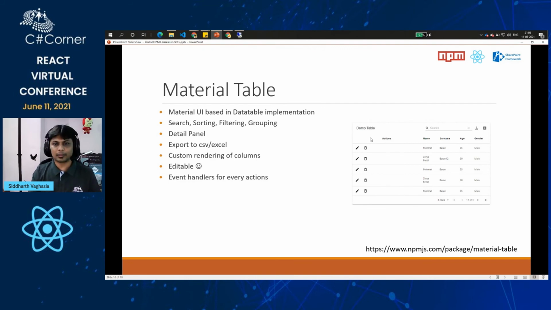So why do I choose this particular one? Because of the features which are available, and there are many other options, like jQuery data table, Bootstrap data table, Fabric UI, Fluent UI data table, list view controls. There are many available, but I wanted to highlight this because there are different options here.